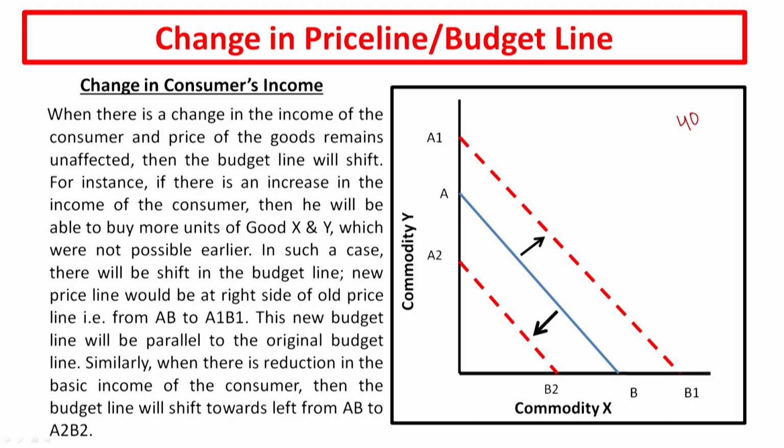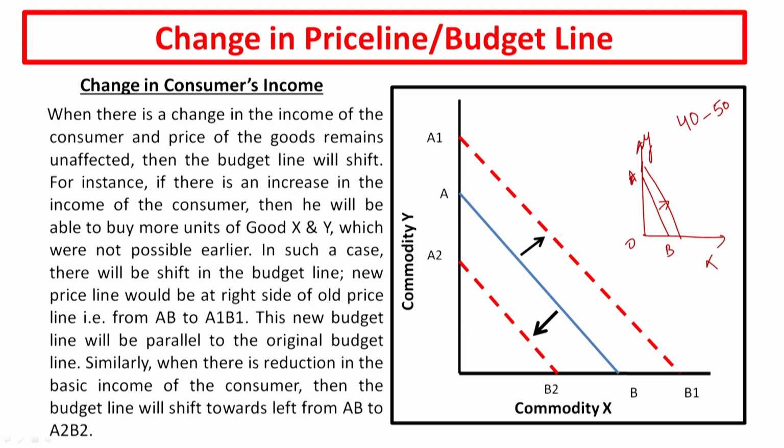line. Suppose the initial price line was this, and the income of the consumer is increased from 40 to 50. Now, more units can be purchased because the income has increased and the price of the commodity remains constant. So, the price line will shift towards the right and a new price line is formed. This was your